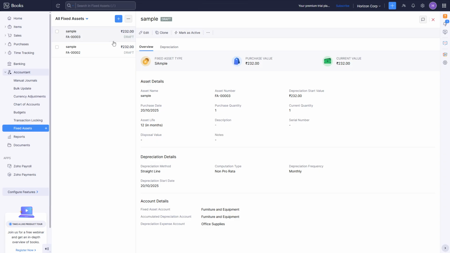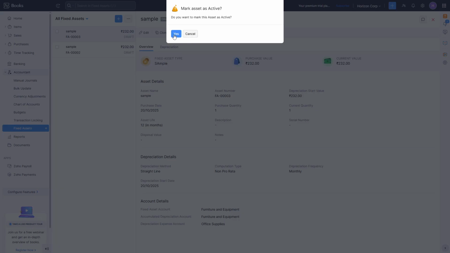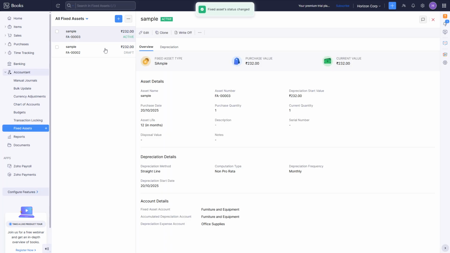This step is crucial because it initiates the automatic tracking of the asset's depreciation within Zoho Books. Once you confirm your choice, Zoho Books will handle the depreciation calculations for you, making sure your accounts are always up to date. Moving on to managing asset disposal, there comes a time when you might no longer use some